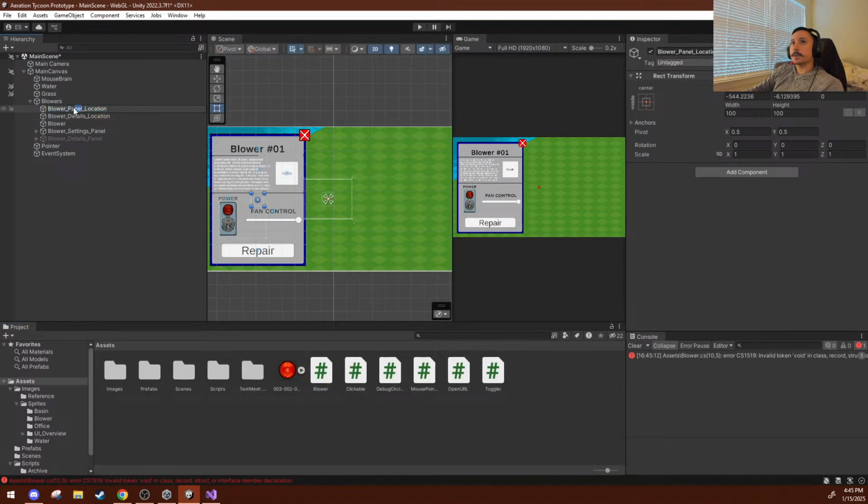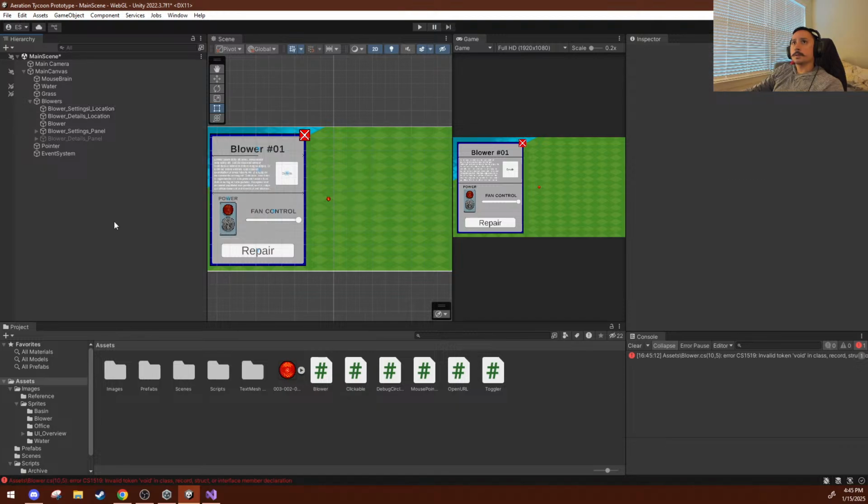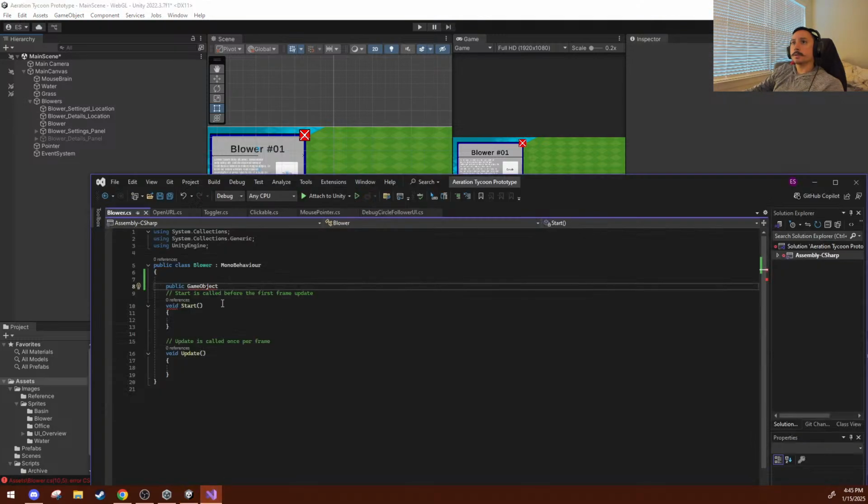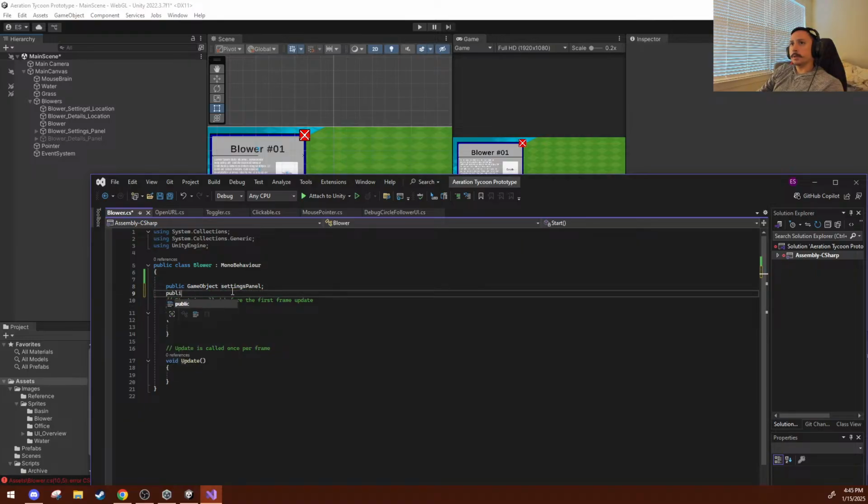Rename this to settings location, blower settings location. Okay, so public game object settings panel, public game object details,